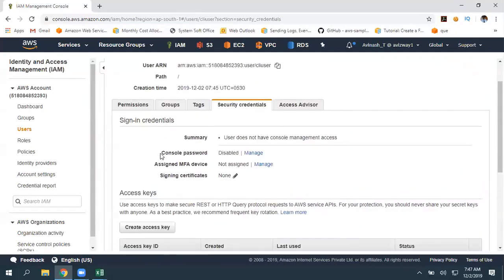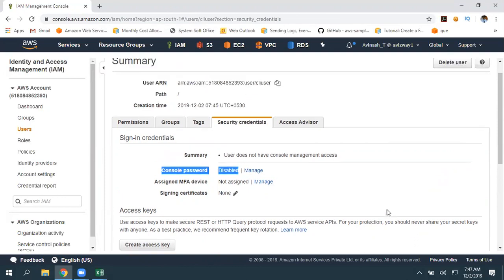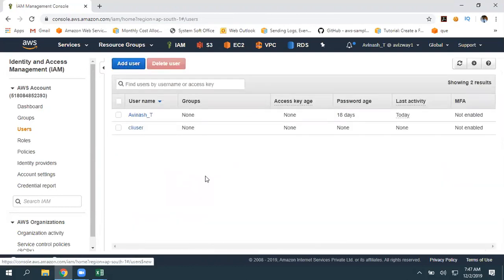Okay, and if you observe, console password is disabled. That means this particular user cannot log in by using the browser. Why? Because the password is disabled. Okay, why? Because we selected only programmatic access, nothing more than that. Okay, now